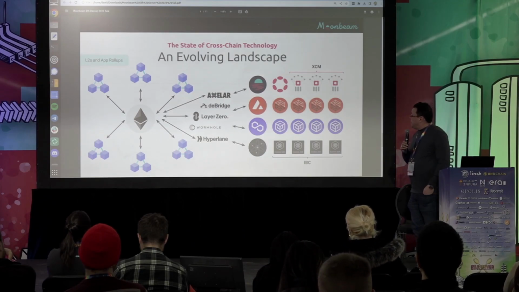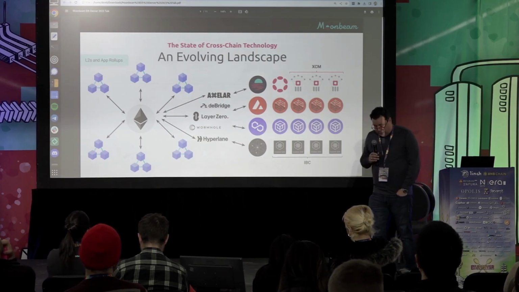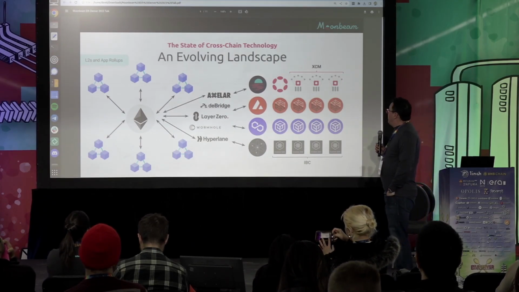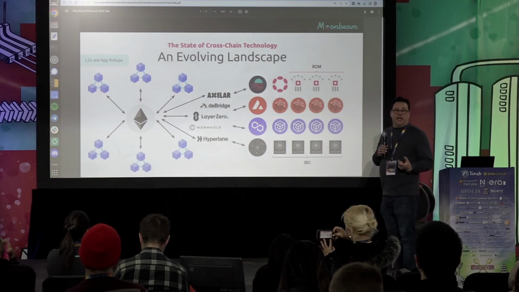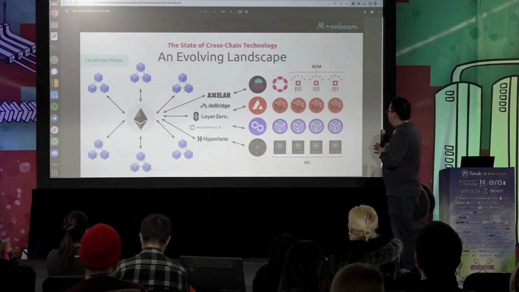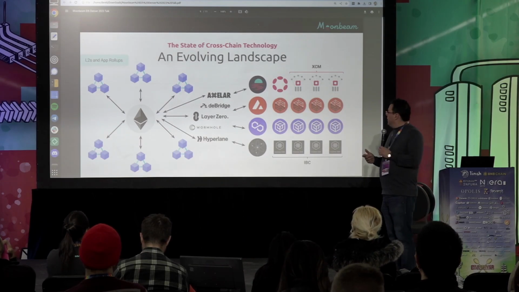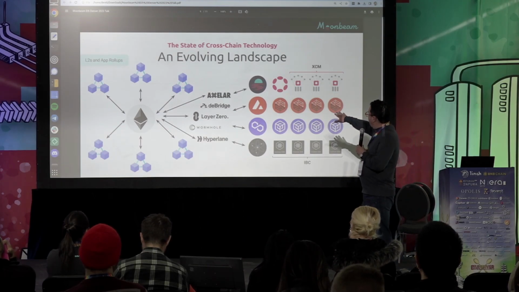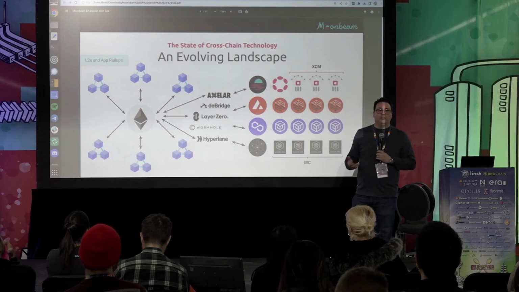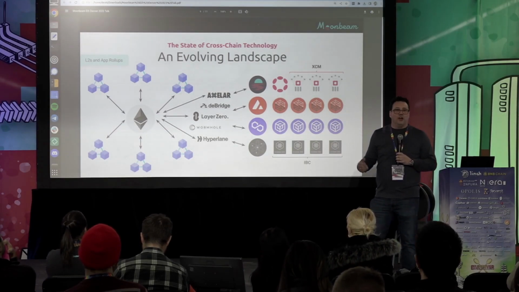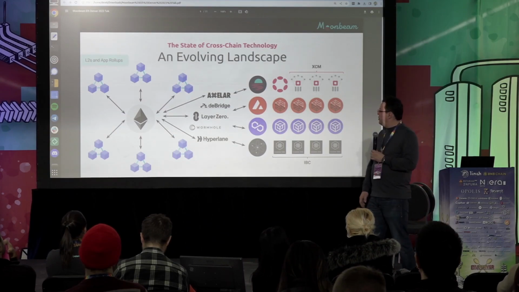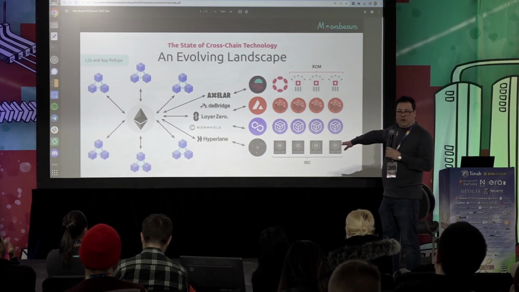And if I look out at the landscape now, there are these connectivity protocols. But when you talk about compute, how do you get block space for your application? There are certain areas where I see similar patterns emerging. Up at the top, we are part of the Polkadot ecosystem. That's one ecosystem, a network of block space, let's call it, or resources. Same thing in Cosmos, which has been around for quite some time.